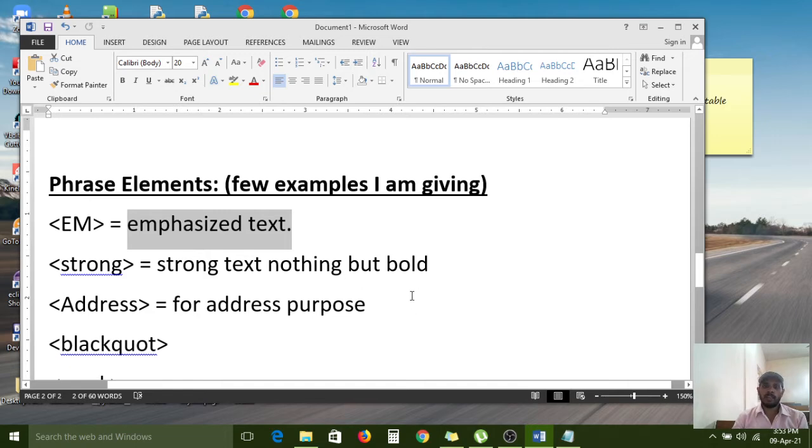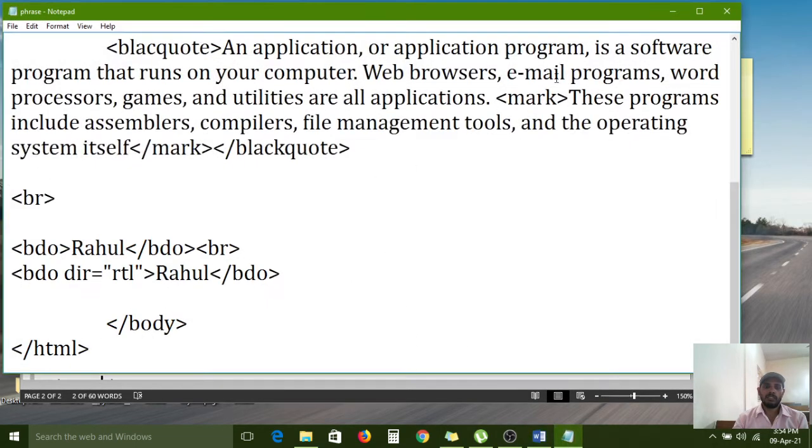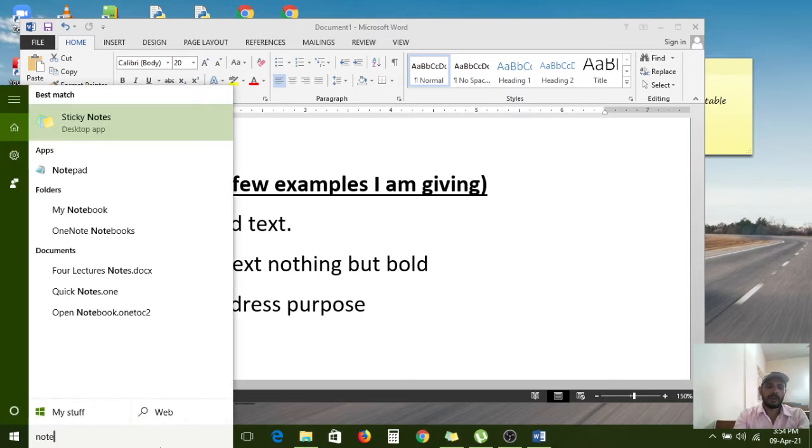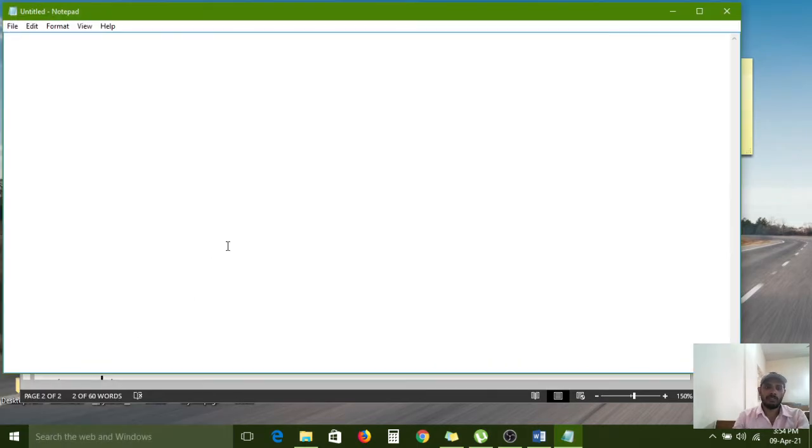The first example we will see right now. For that, I am opening a notepad window. First we give the doctype HTML information for the interpreter, intimating the version to the browser.